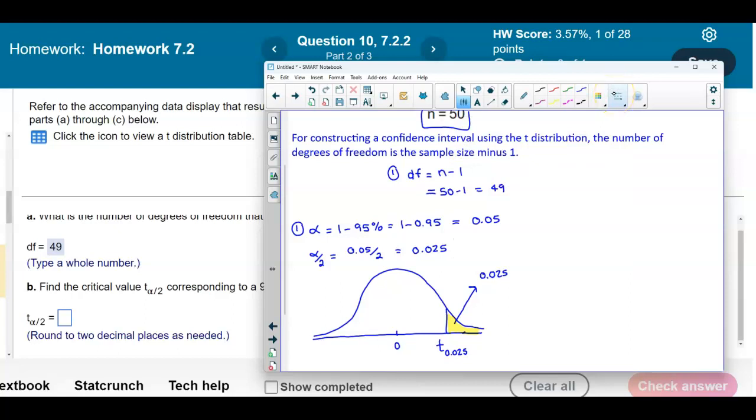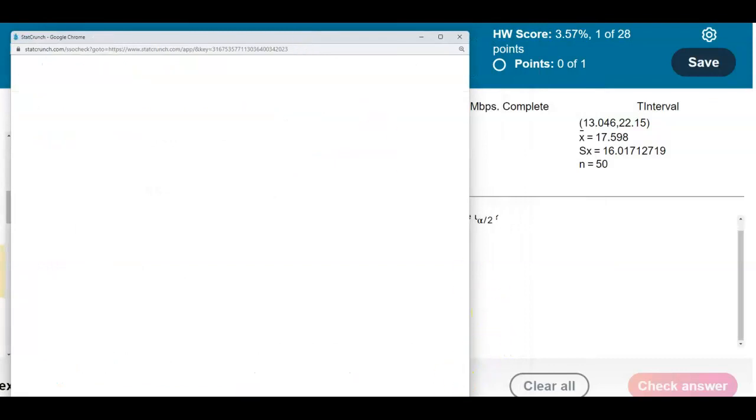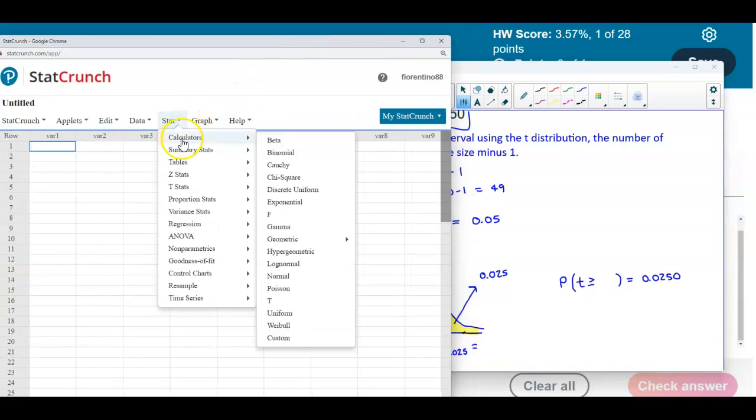So now what we want to do is find out what that critical value is. In order to find that critical value, we want to find, okay, what is the probability of when t is greater than or equal to what critical value that's going to give us an area of 0.0250. So let's go ahead and use StatCrunch to do that. Using StatCrunch, we're going to go to Stat, we're going to go to Calculators, and then scroll all the way down to t